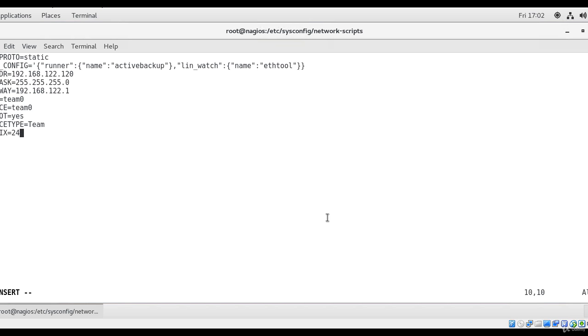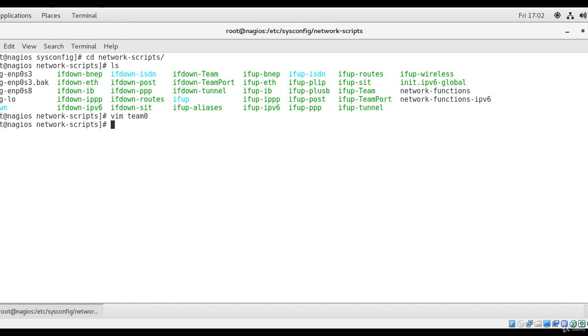Let me just take a look at it, make sure that I don't have any typo in here. Okay, I'll go ahead and save and exit. Okay, now I'm going to create files for the two other interfaces. So first one is going to be vim ifcfg-enp0s3,